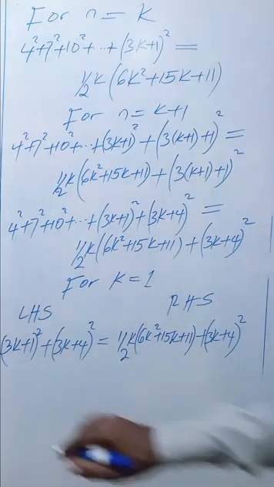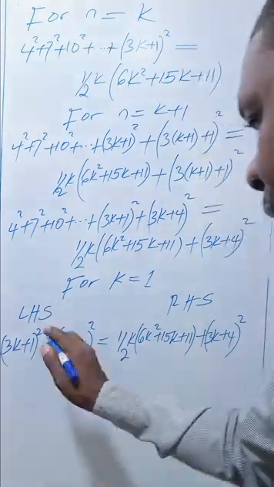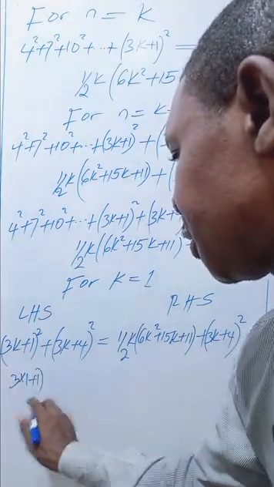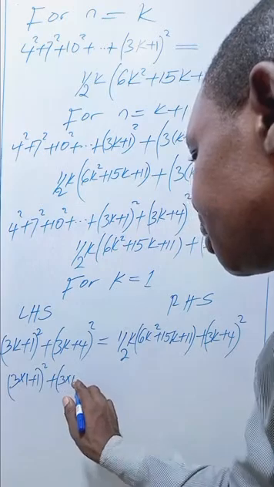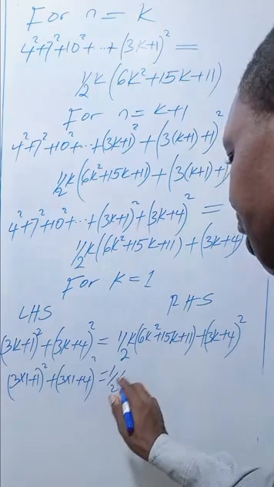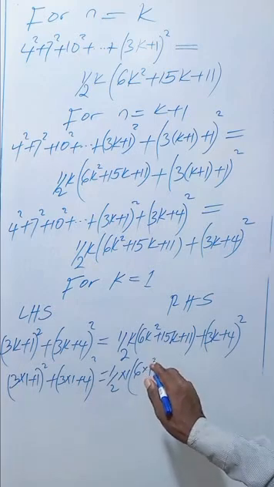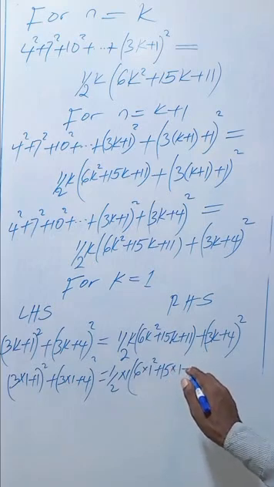The left hand side we worked out this one, I remember, and we got 16. Okay, not bad. (3 times 1 plus 1) squared, then plus (3 times 1 plus 4) squared is equal to a half times 1 into bracket 6 times 1 squared, then plus 15 times 1 plus